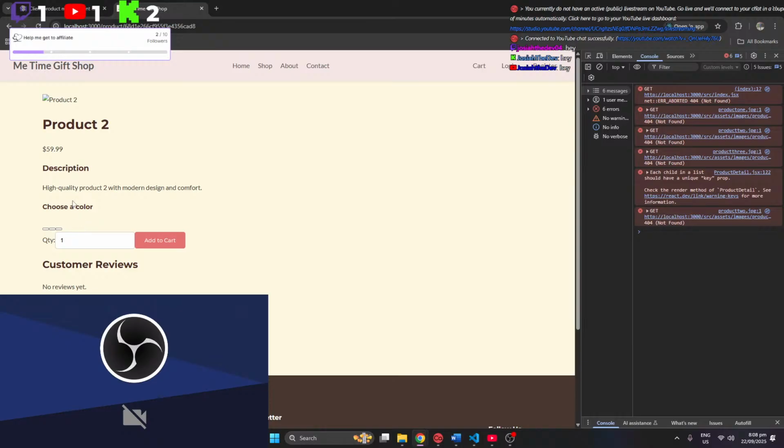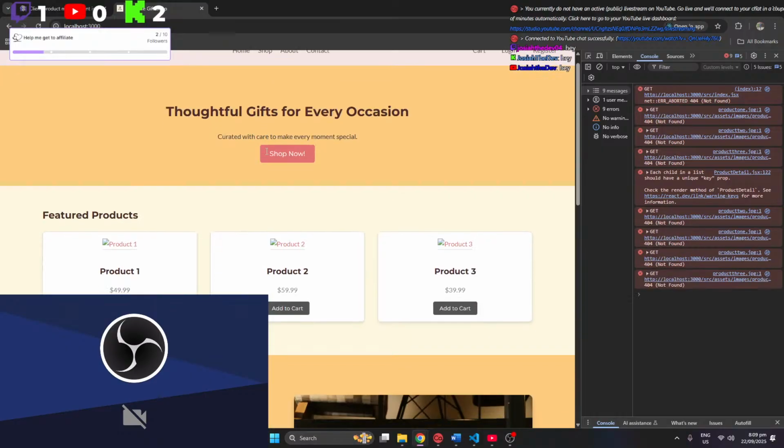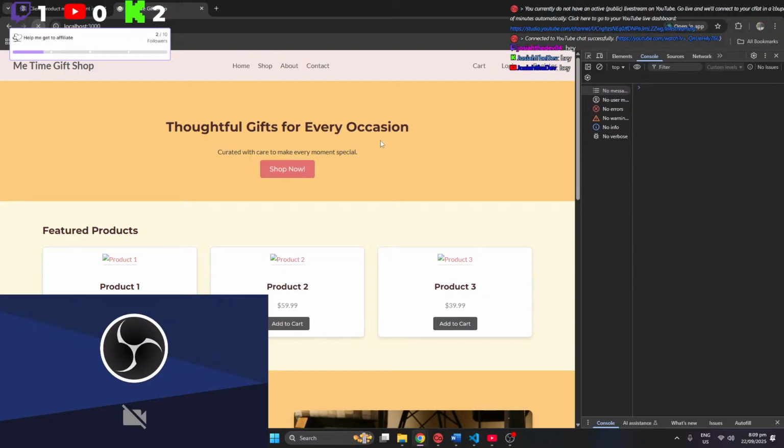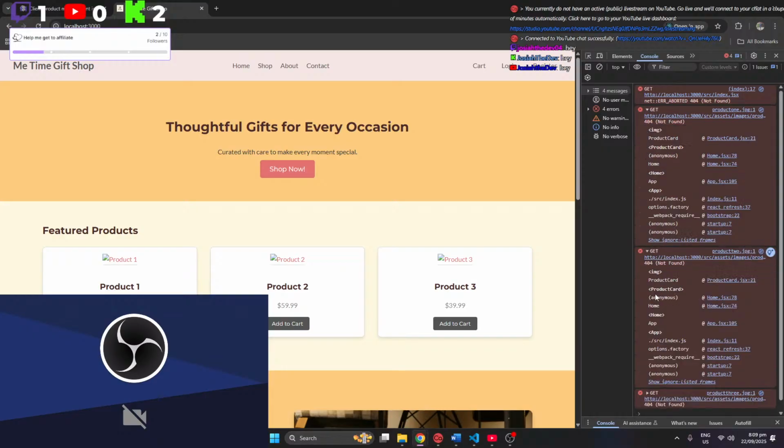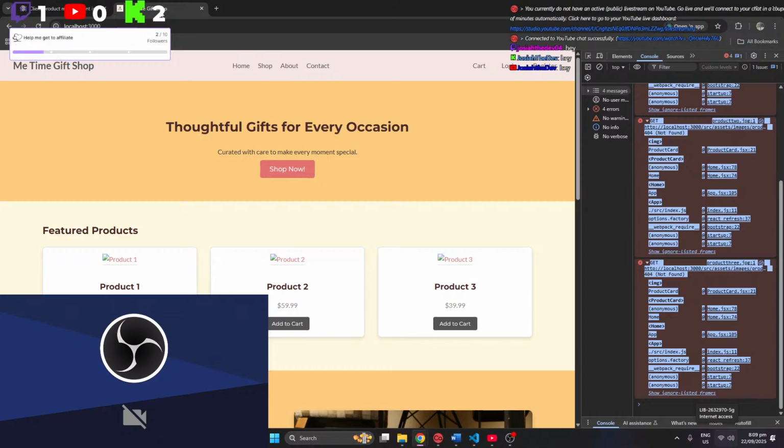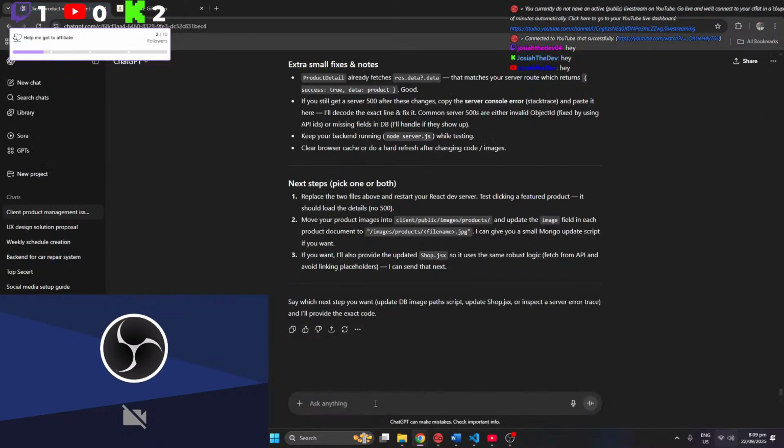Oh, that means product details needs styling as well. You need to add styling to product details too. Okay, so what I'm going to do, so we got it, right? We got it. But now we're getting these errors. So what I'm going to have to tell it to do now is